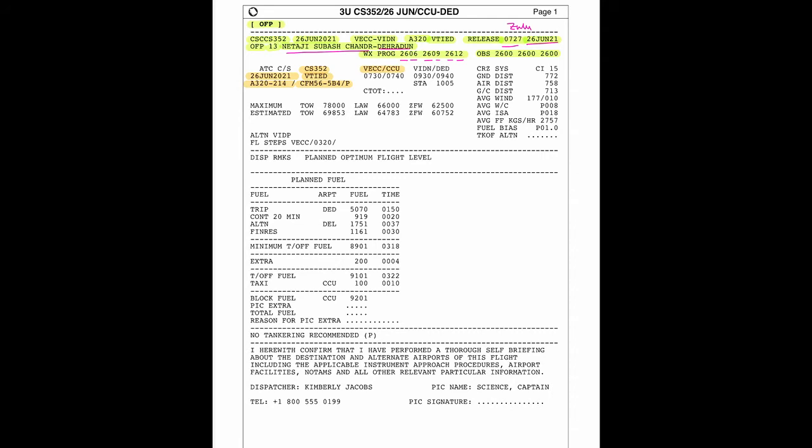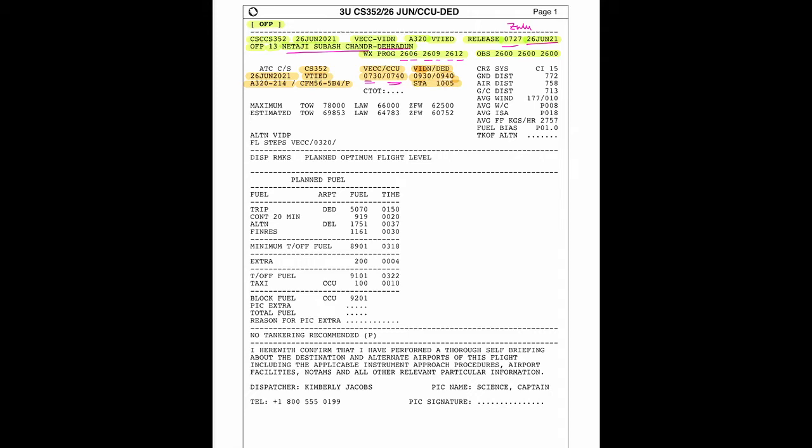We will be departing for our destination at 0730, this is the scheduled time, and this is the actual estimated time. And we'll be reaching the destination at 0930 Zulu, and the estimate is approximately 40, so 10 minutes of delay you can say. This is the en route time.